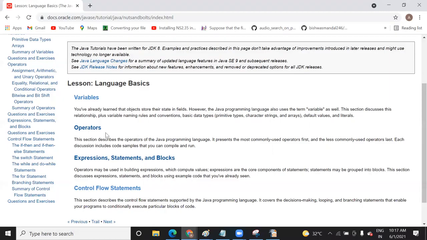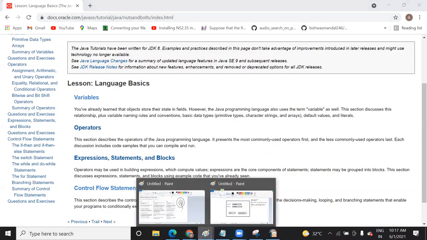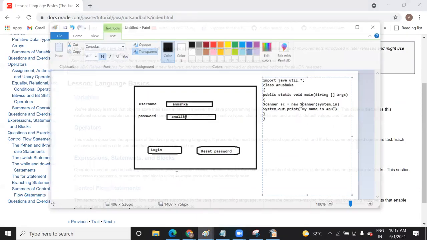And with operators, we can perform several operations inside Java, like the mod operation, addition, subtraction, multiplication. All the operators you can use here.